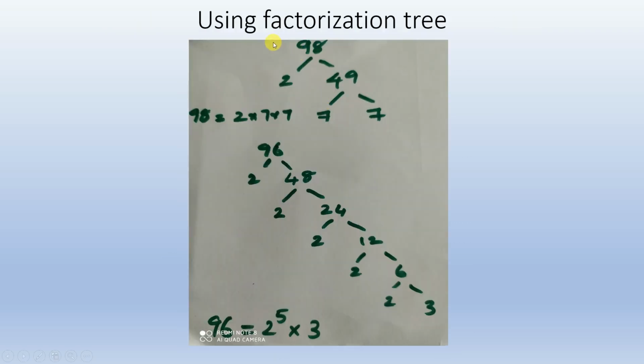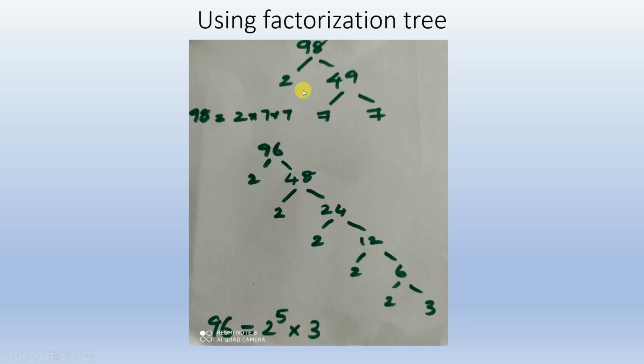So here you have the factorization tree. This is the root and this is the spread of its roots. You write 98 here. You always start with 2. 2 49s are 98. Then write 49 here. 2, 3 and 5 cannot divide 49. So you take 7. 7 sevens are 49. So 2 into 7 into 7.